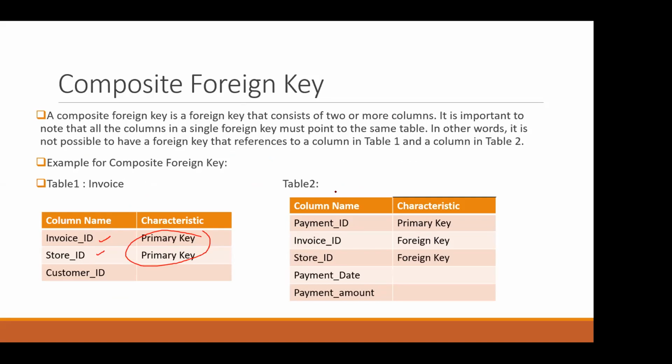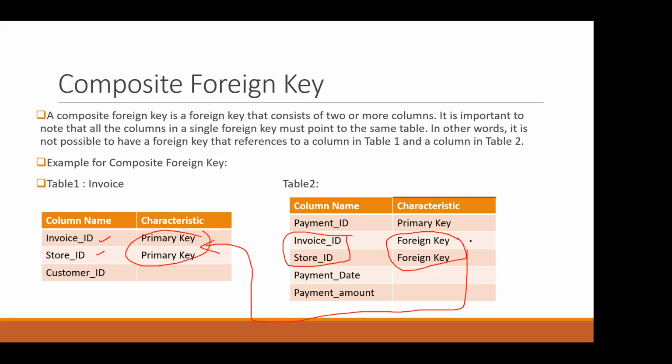Okay, so here we have another table, table 2. You can take the customer table. Always the customer needs invoice and store ID and customer ID. So similarly here you can see from this table we are using the same composite key as a foreign key, and here invoice ID and store ID are the same as in the invoice table. So here we are referring this to this primary key.